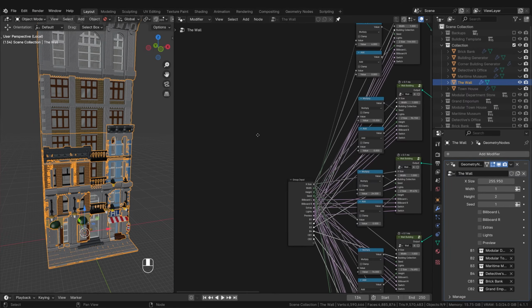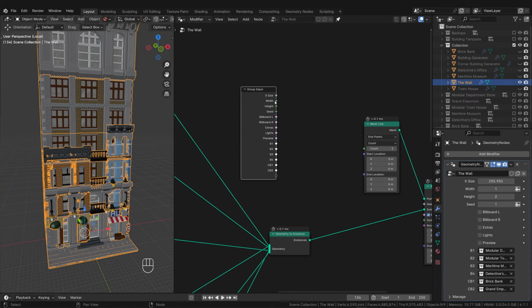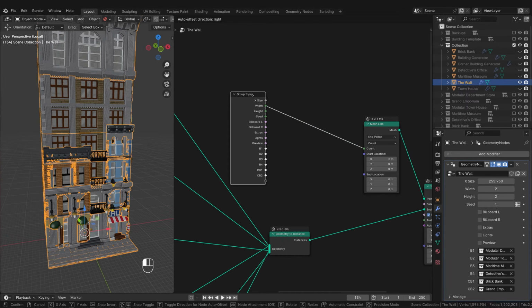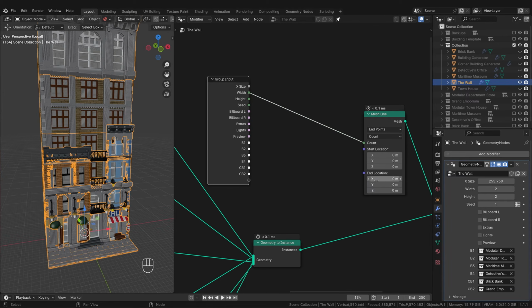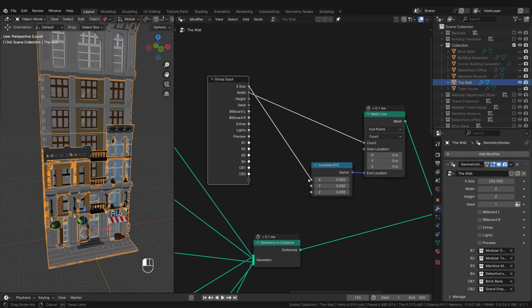So we don't always have to draw such long node connections, we can add an additional group input node. This makes it easier for us to reach the sockets. We connect width to the count and set width back to 2 here. We determine how far we want to move to the right on the x-axis using the x size. We can transfer this value with a combine xyz node.